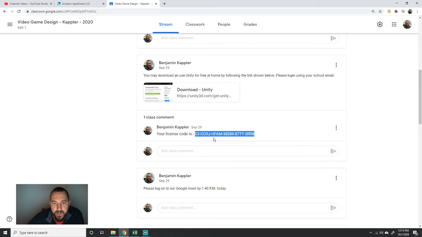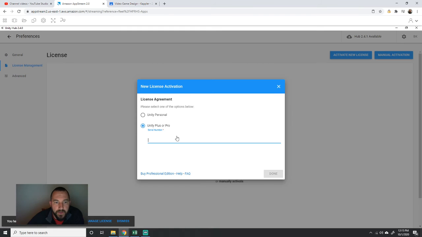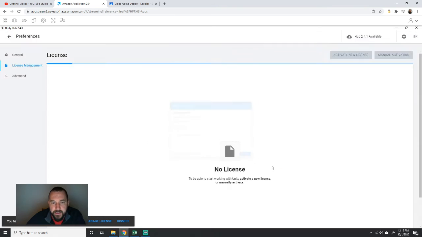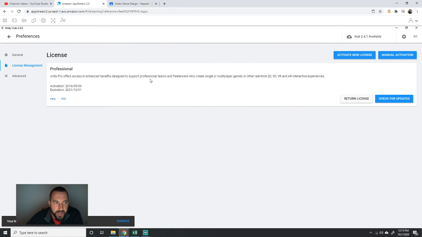So you're going to go ahead and copy that code. You're going to paste it in place. I don't have the ability to right click, so I'm just going to hit Control V. And we'll hit done. And once we do that, we now have our license configured within Unity Hub, and we can begin using Unity. So all I'm going to do is I'm going to hit the little back button next